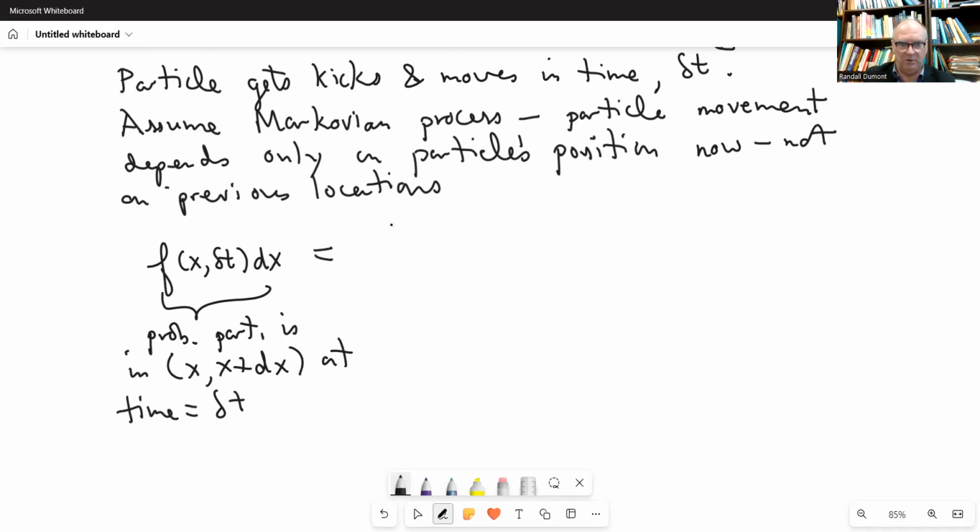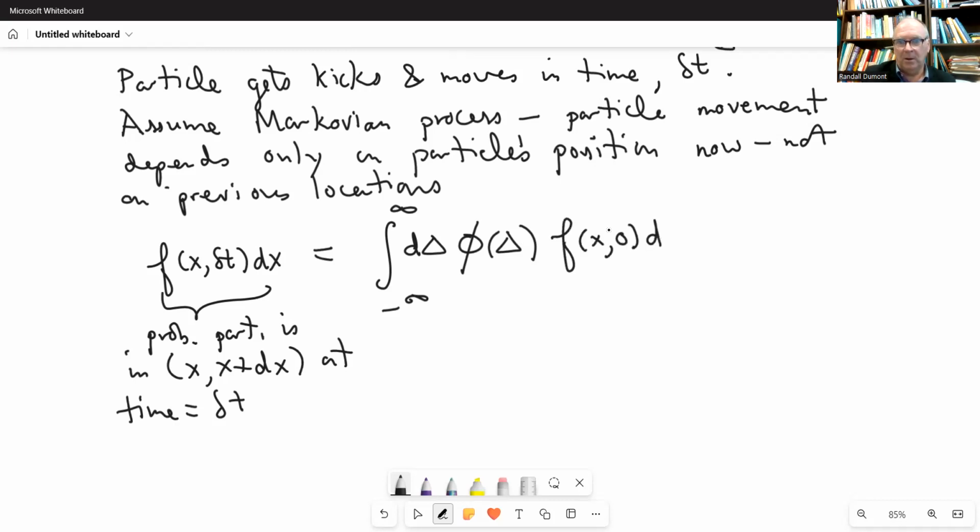And that will be equal to the integral over all step sizes possible, times the distribution of steps in the time delta t. So that does depend on delta t, but I'm not going to make that explicit, times the